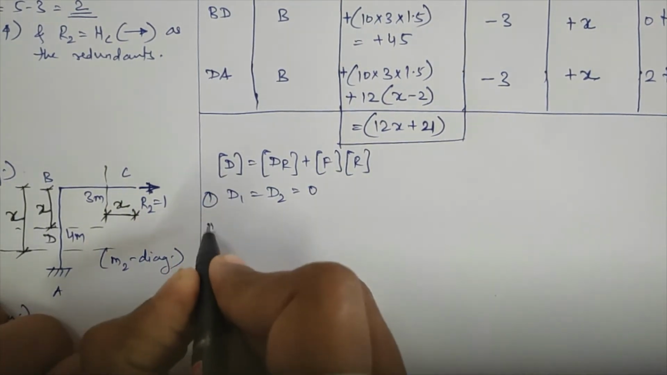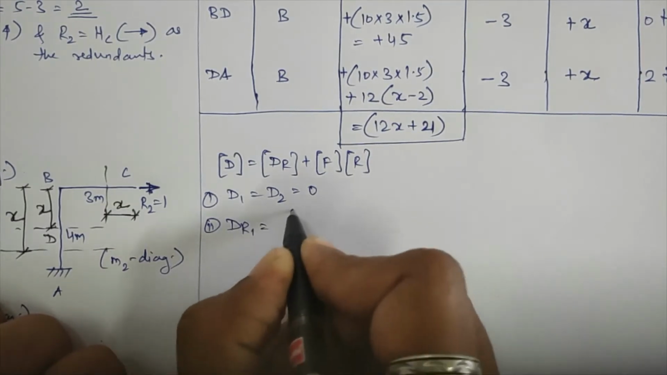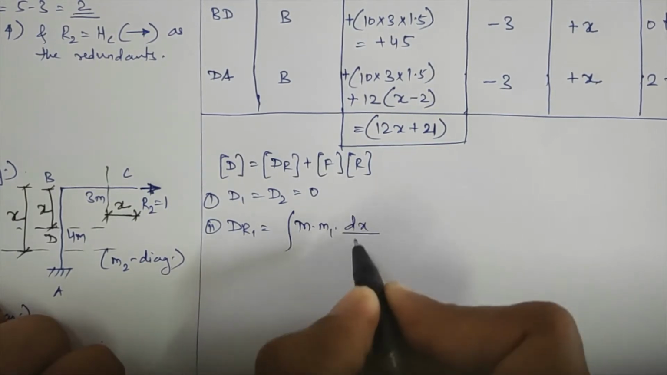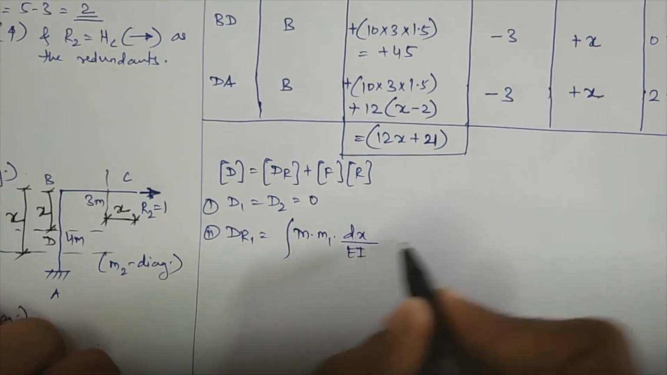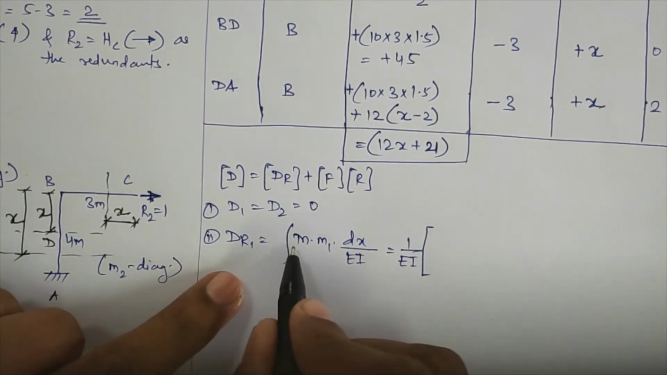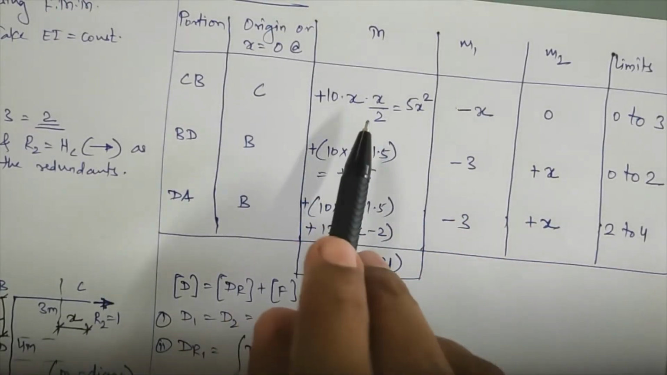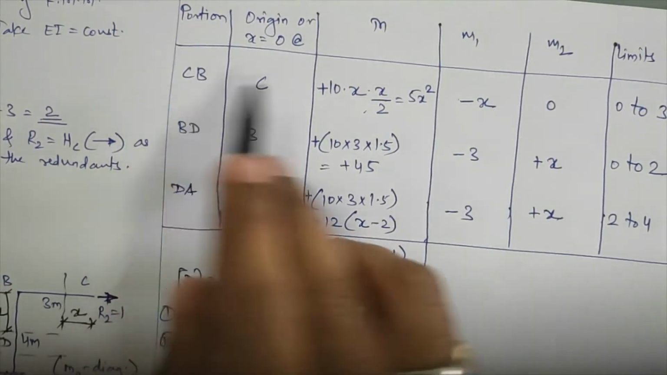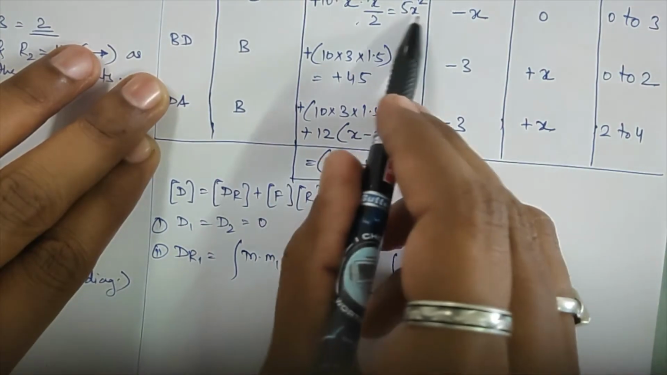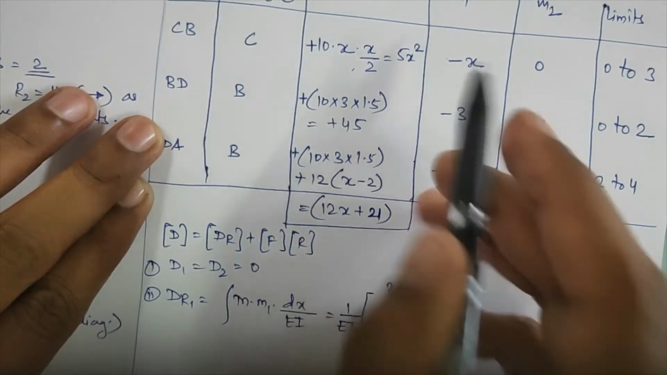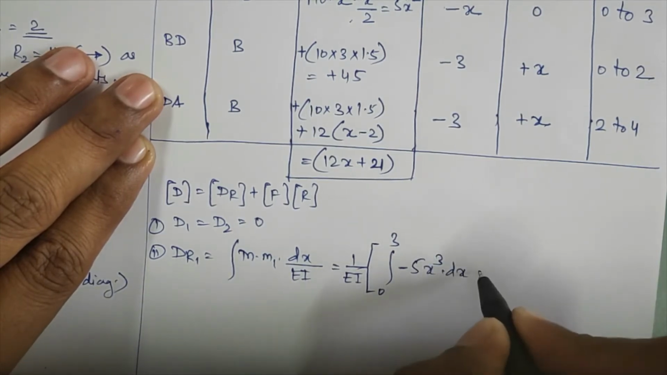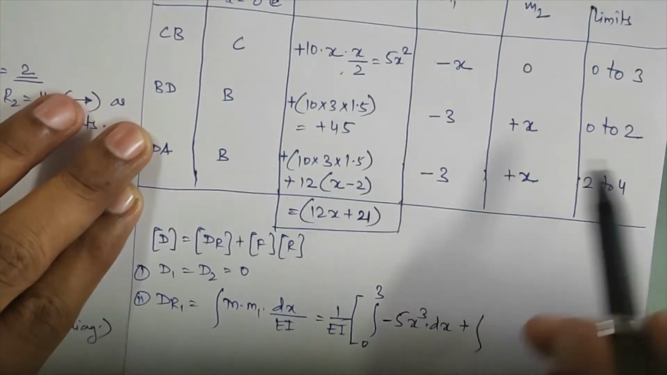to 0. Second, we will calculate Dr1, that is equal to integration of M into M1 into dx divided by EI. Now EI is constant, so I will take that outside of the integration sign and I will apply the boundary conditions to the M into M1 condition. Now see, M into M1 for the first portion CB within limits 0 to 3: I will get 5x square into minus x, so that is minus 5x cube into dx